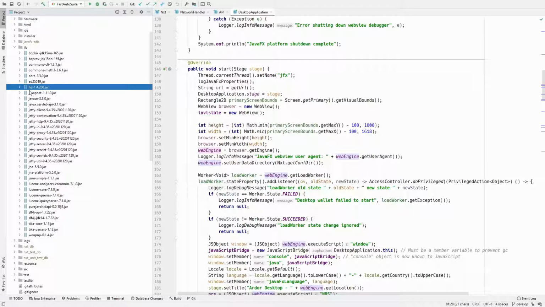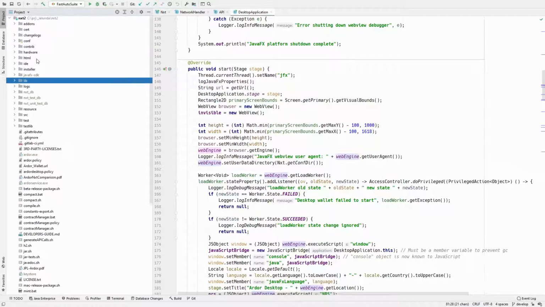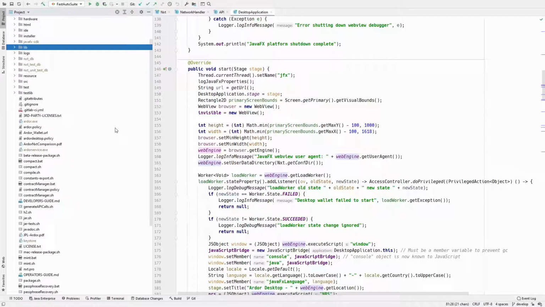So for that, we use H2, which provides very good performance, and of course it's written in 100% Java, so it can run the same code on any of the platforms. An interesting fact about this code, if you take a look at the source code, you will see we're not